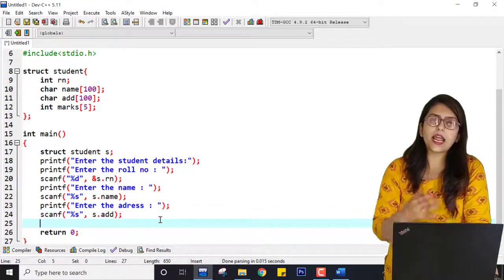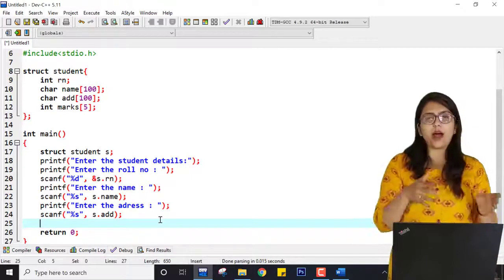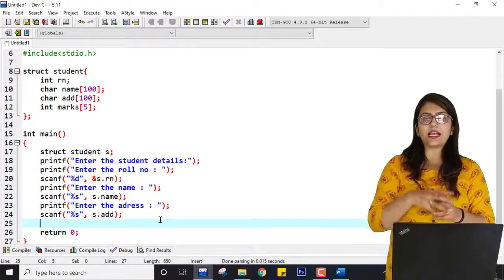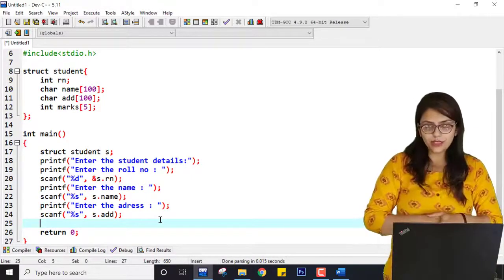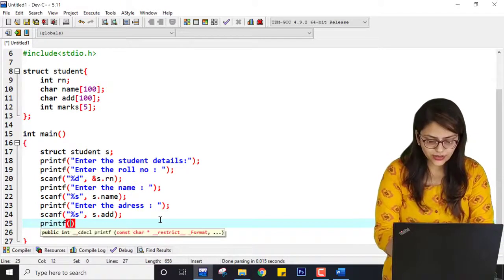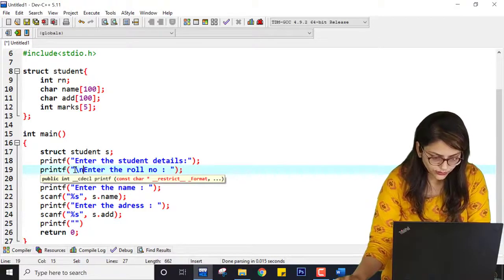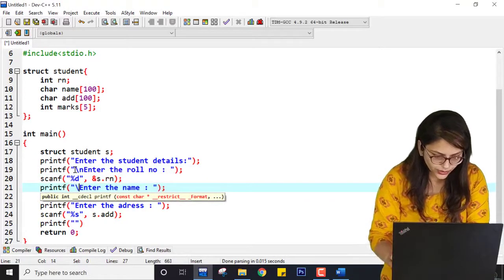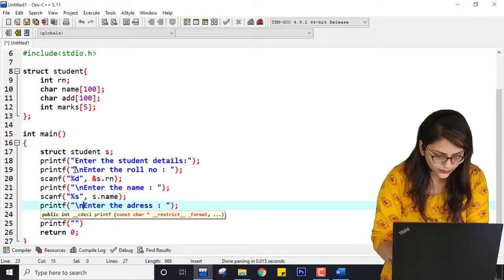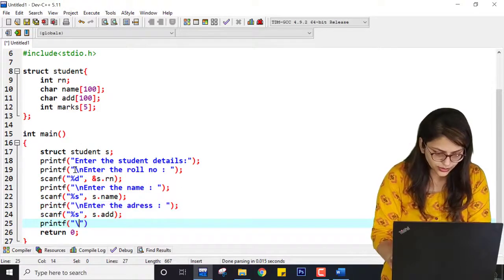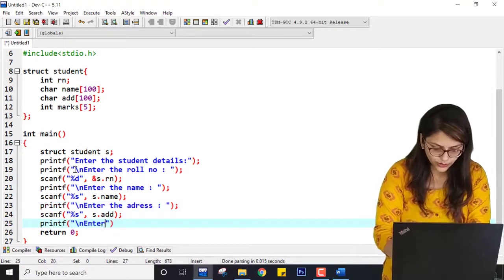Now after that I have to enter marks. You know that there are marks of 5 subjects, which means I have to take marks 5 times. I am showing you what I am going to enter. Here it will be backslash n, and again backslash n, four times in total.